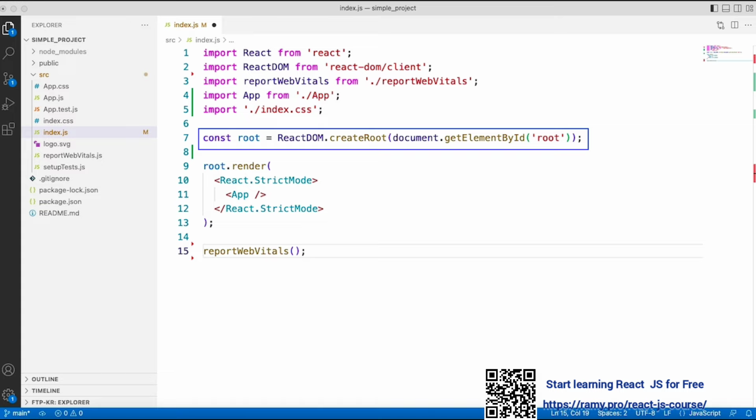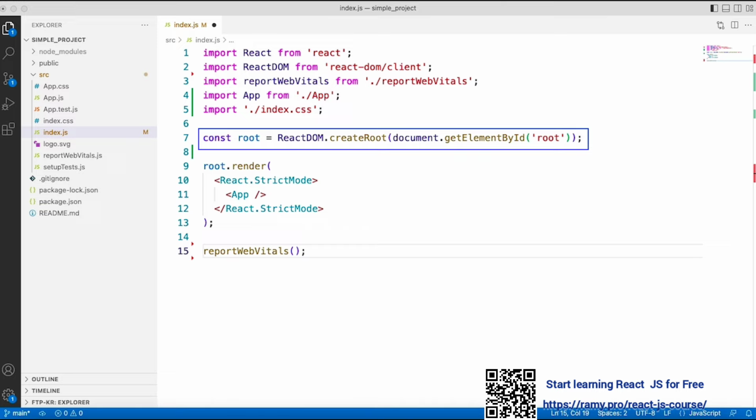If you're going to draw your first sketch, you must get the empty white page first. So, to render the content, you need to create the root element as a white page of your ReactJS application. Let's focus on this line. ReactDOM is a built-in object that includes the functions that can help you make changes to the HTML elements. The createRoot function is responsible for creating the root div that will display the final result of the rendering. So, in this line, we just save the object into the root